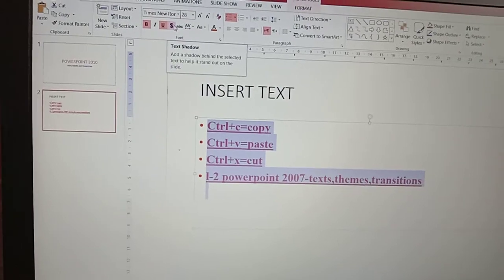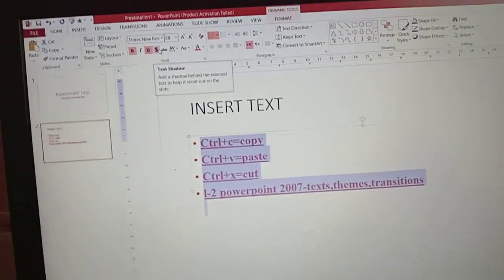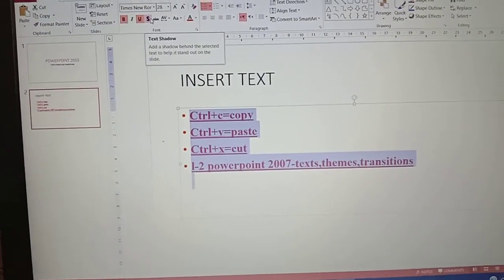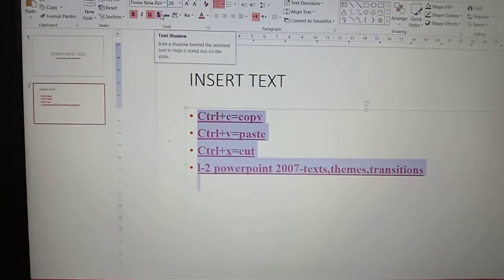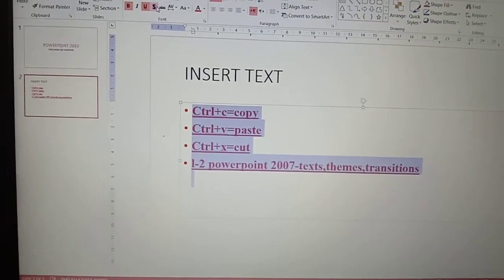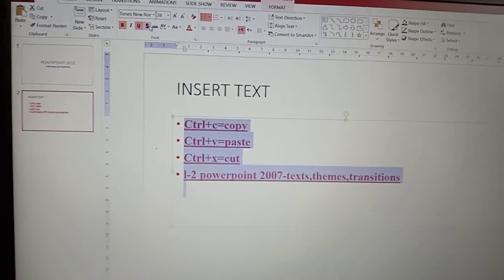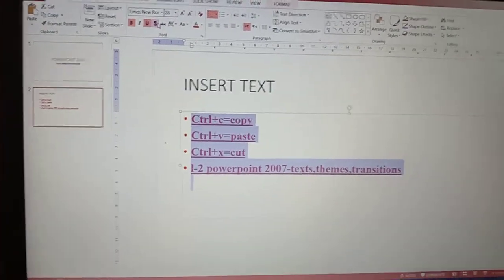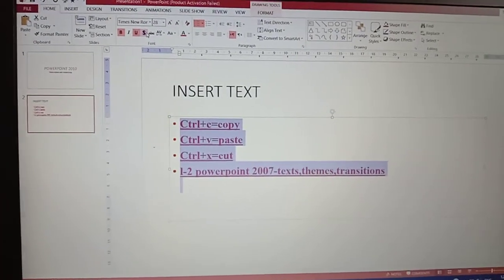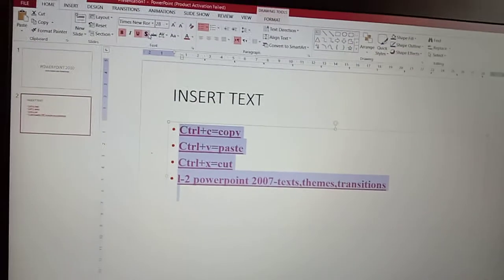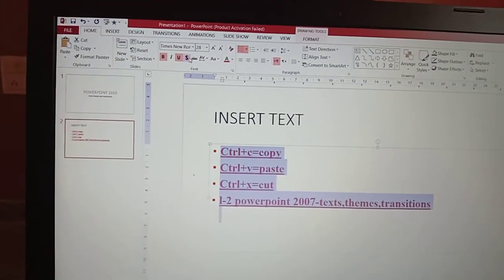Next, we are going to see what is the usage of the themes element. If you are using this themes element, we'll find that our presentation will look so beautiful and it will attract the viewers. Now we can apply the themes on the slide layout. Already we know about the layouts of the presentation. Layouts in a presentation.